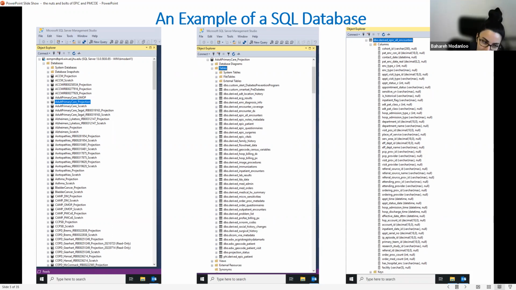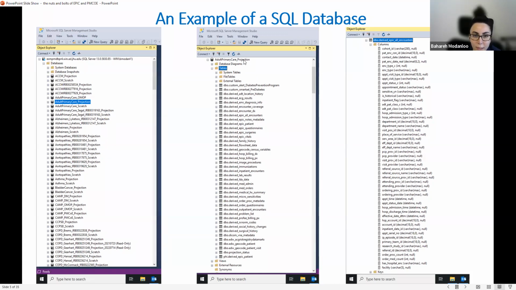This is just a part of it, not all the projections in the SQL server. I just wanted you to see that there are many projections or databases in a SQL server. And if you click on one projection or one database, which is our example project that we are going to talk about more,